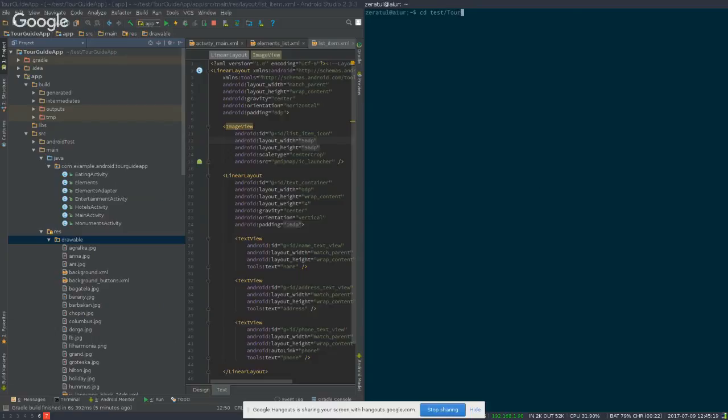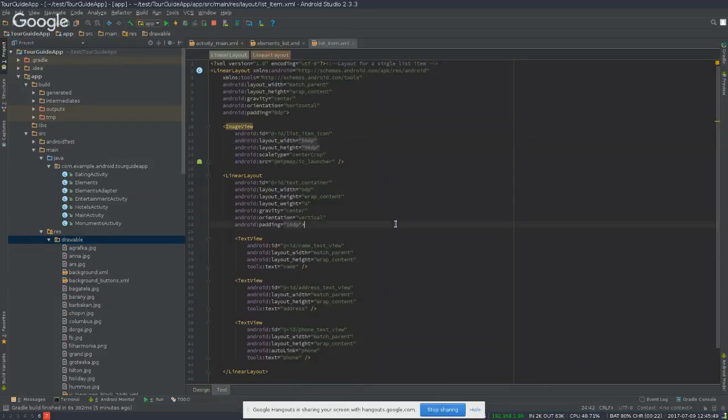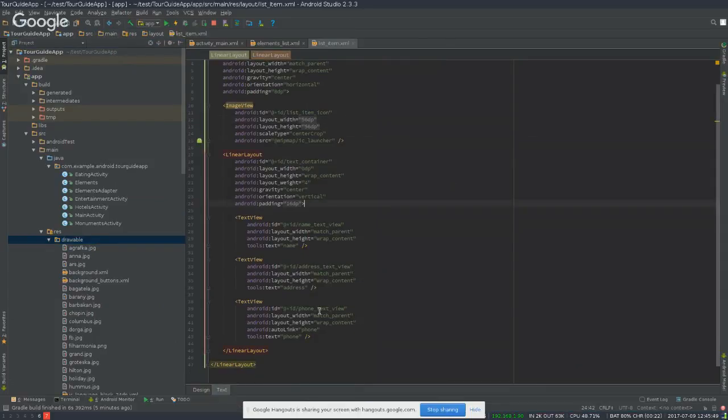I'm going to go into app. Okay, so normally it should be here. And okay, location, it's here. Now what I'm going to do is typically, if I look at this design here,